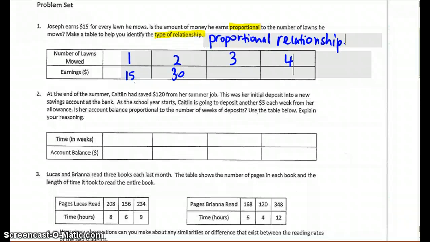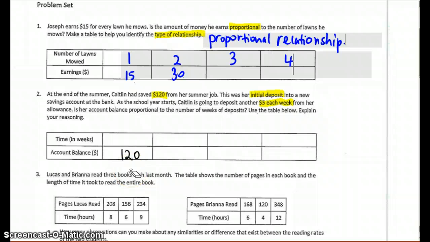Number 2 might be a little more tricky. It says that at the beginning of the summer she had $120. That was her initial deposit. After 1 week, she may put in another $5, and every week after she continued to put in $5. So if I begin with $120